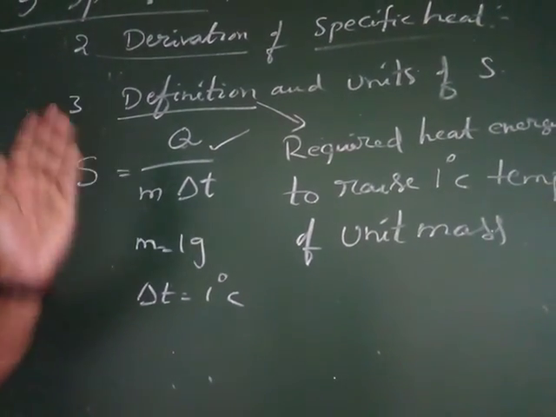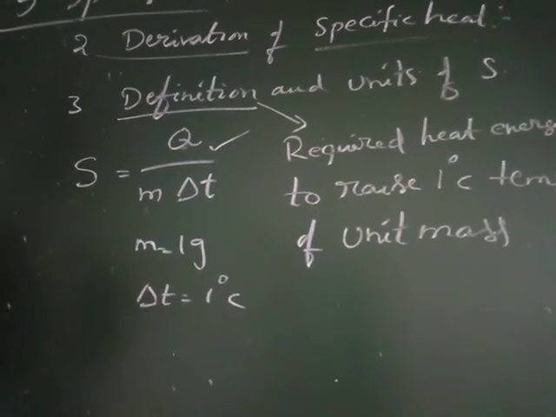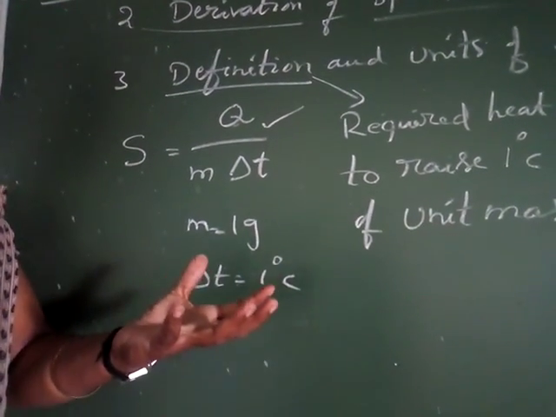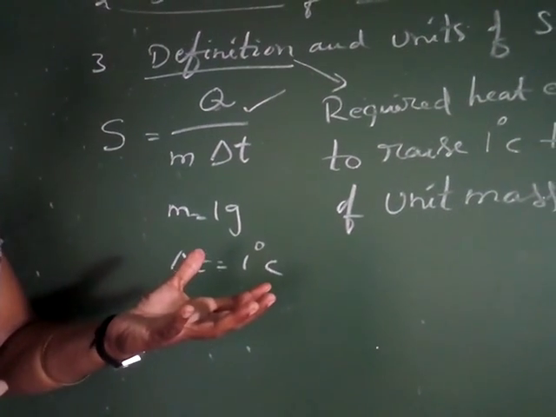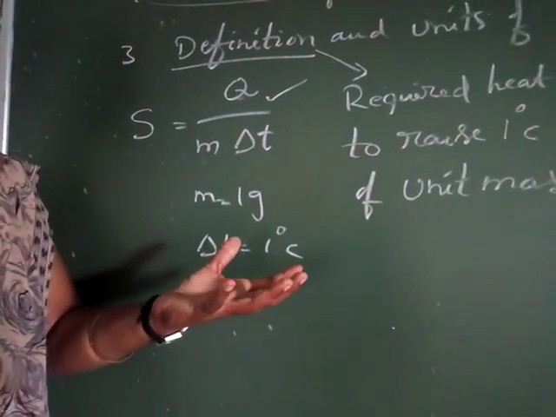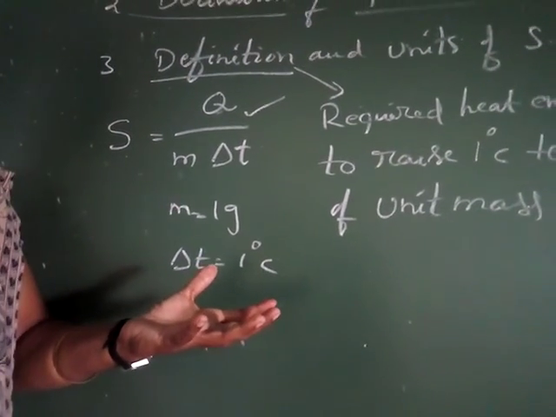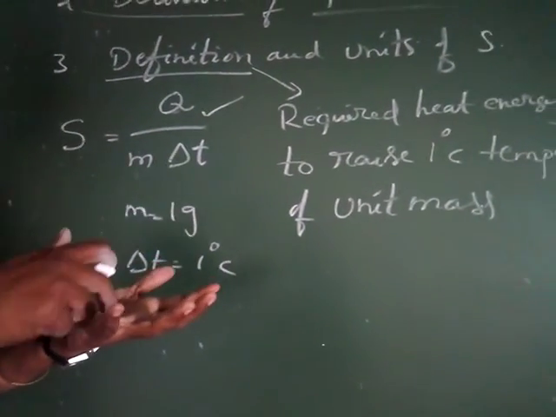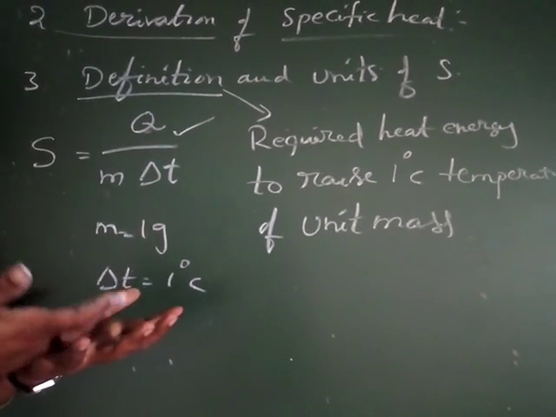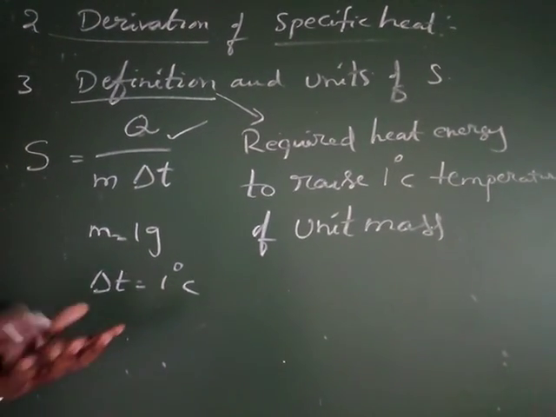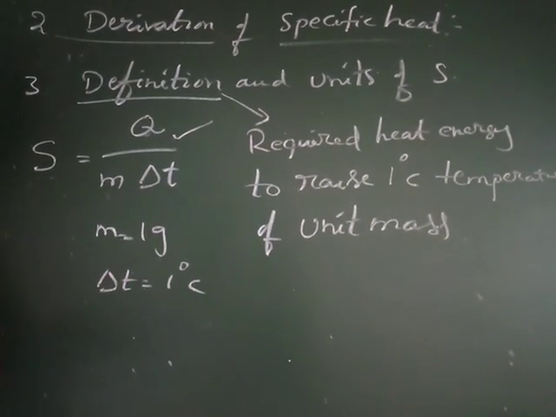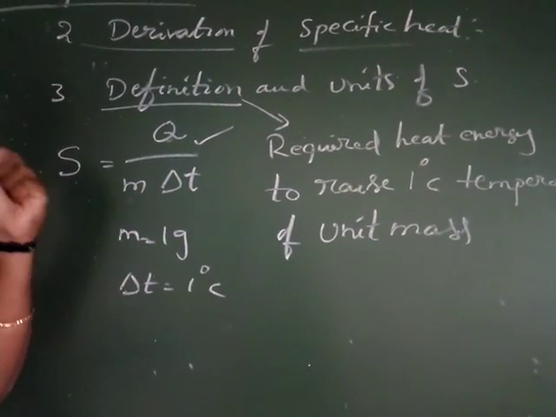Don't get confused here. Different substances have different specific heats. How can you say that? Suppose you take 1 gram of iron in this bowl and 1 gram of water in this bowl. Is the same quantity of heat required to raise both substances by 1 degree Celsius? No, it is different. One quantity of heat is required to raise the iron by 1 degree Celsius, and another amount is required to raise the water. Do you understand?